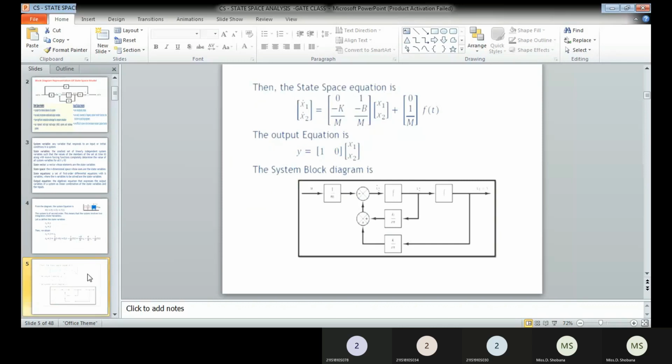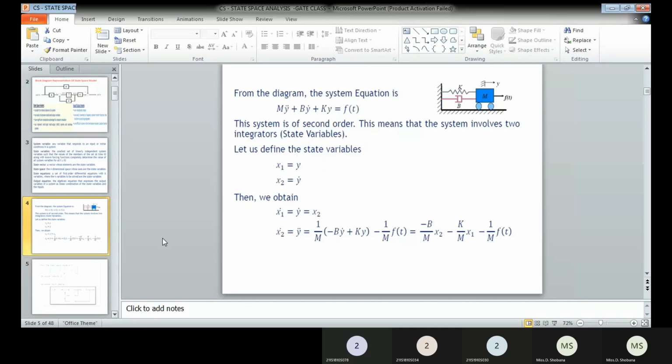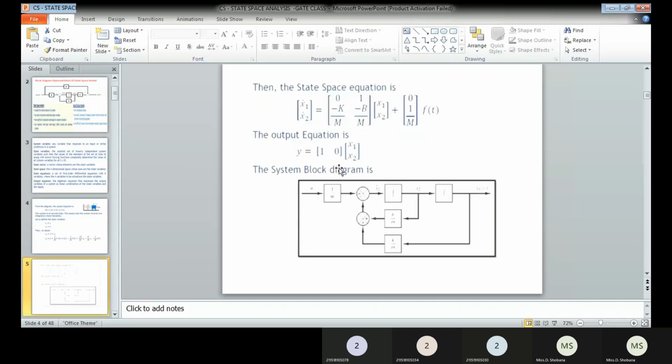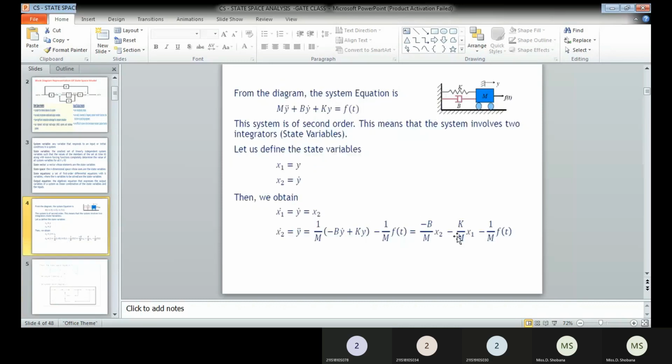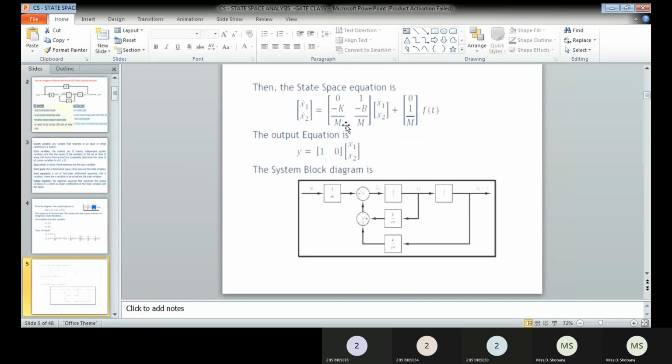And similarly, you have to look into the x1 dot equation. We are not having any u over there. Therefore, in the B matrix, it is 0. So next, we will be considering the x2 dot. In the x2 dot, the x1 coefficient is minus k divided by m, and we are going to substitute that in the second row, first column element.